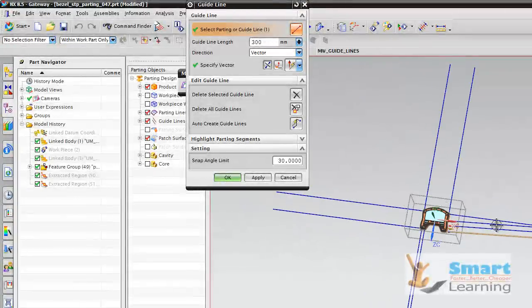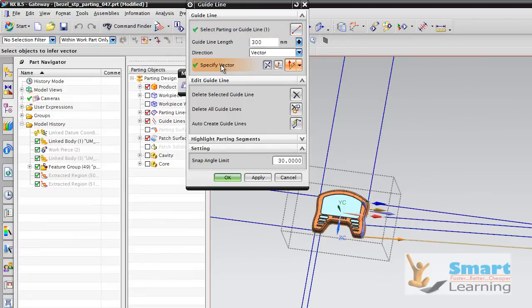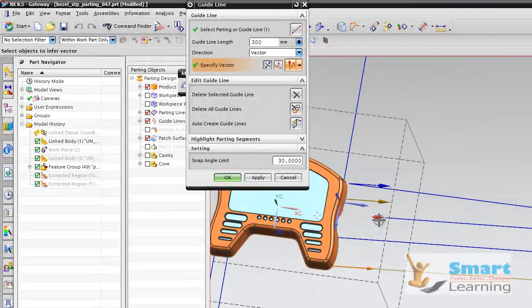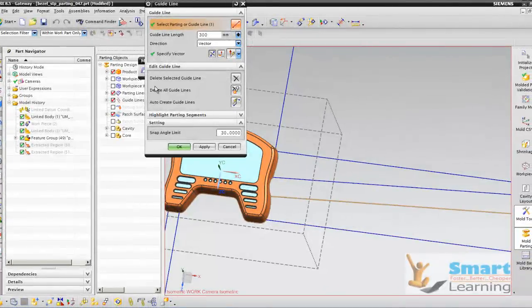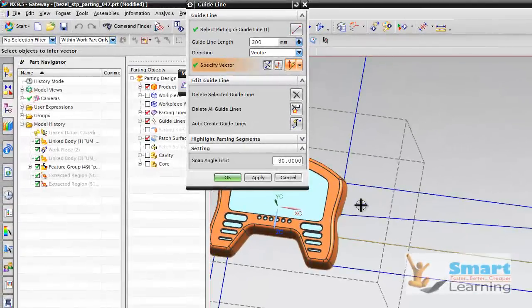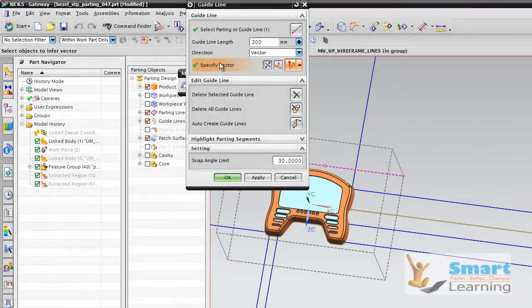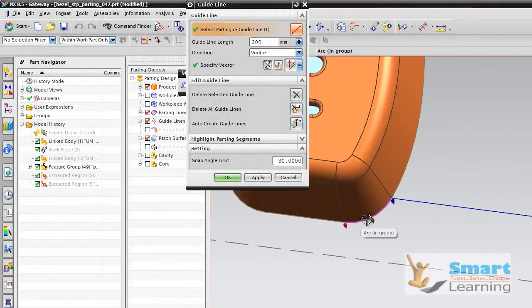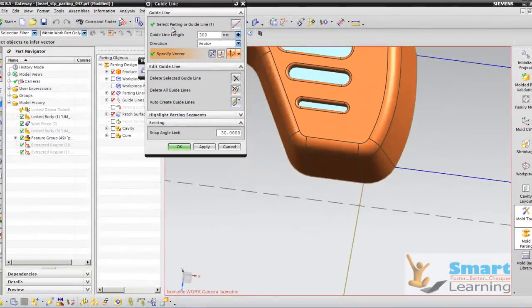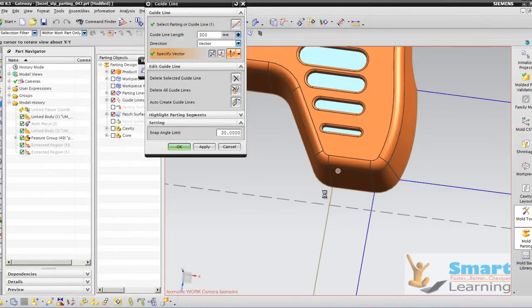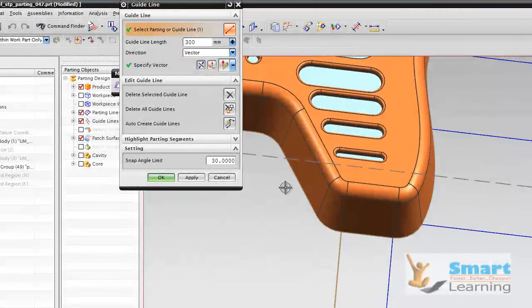This side and these are not right, so we'll reorient by selecting the parting guidelines and orienting this, because you can find a little bit of tilt here. So we'll be operating this to reorder the orientation. Just like that, whenever you require to switch, you can change and apply the vector. Just like that, another parting guideline, apply the vector.